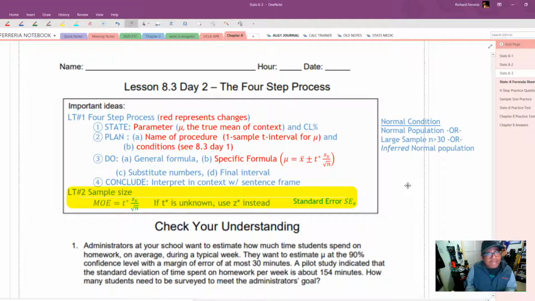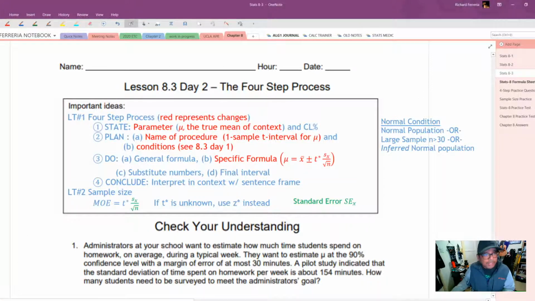The sample size calculations are very similar again to what we did for the proportion of a population, except the margin of error formula is a little bit different. If the t-star is unknown, you want to use a z-star instead. And of course, we know the standard error is the standard deviation of the sampling distribution. So with all of that under our belt,